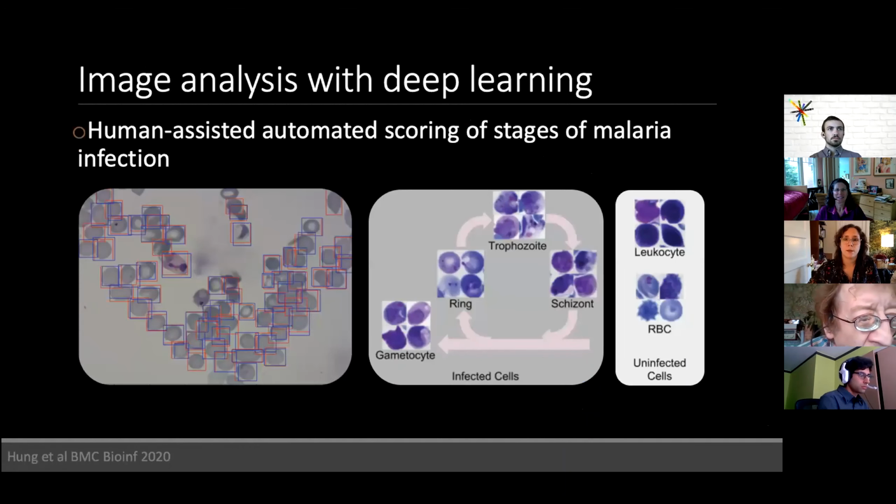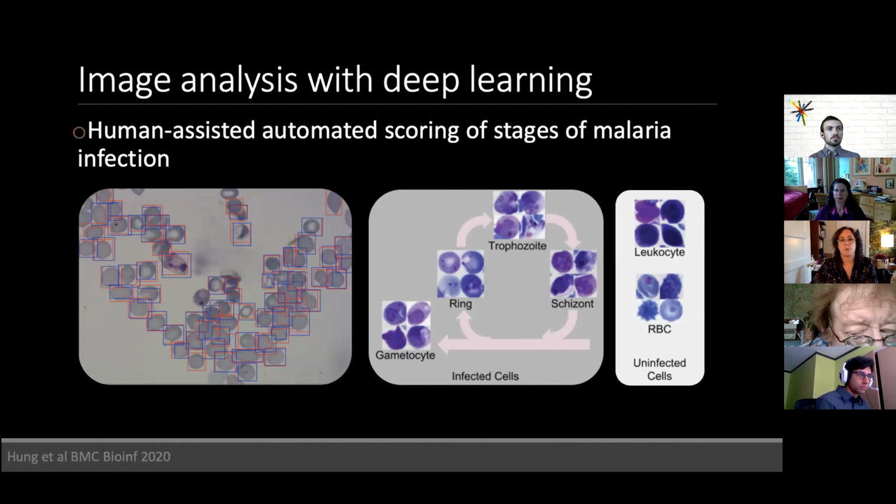And just a little bit more from this group, I think it's really illustrated well by a very recently published collaboration between Ann Carpenter's group at the Broad and the Marti Lab, looking at stages of malaria infection based on actual patient samples of these blood smears, which you can see an image of here on the left. Their approach enabled automated scoring of cells in the various stages of malaria infection, and they were able to improve upon the human efficiency and consistency of disease staging using previously annotated cytopathological data and a custom